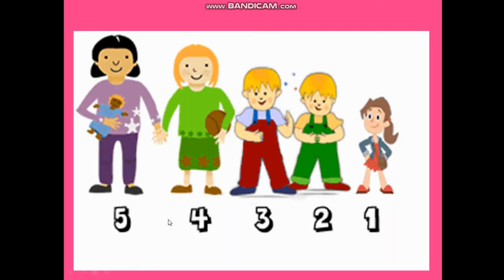Let's talk about numbers. We count forward as 1, 2, 3, 4, 5. But when we are counting in decreasing order, it is always 5, 4, 3, 2, 1. Because 5 is the largest number, so it will come first. Then the second largest, third largest, fourth largest and the smallest.